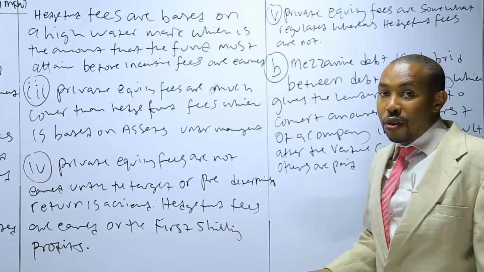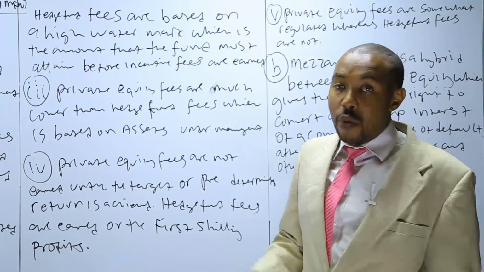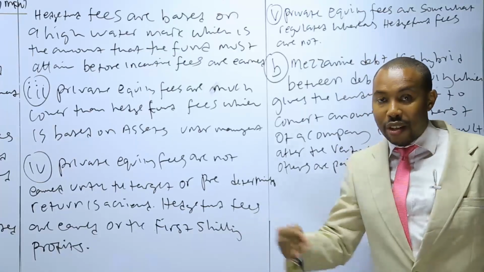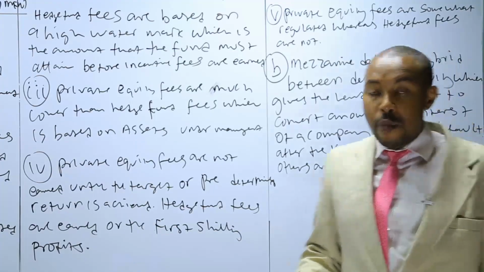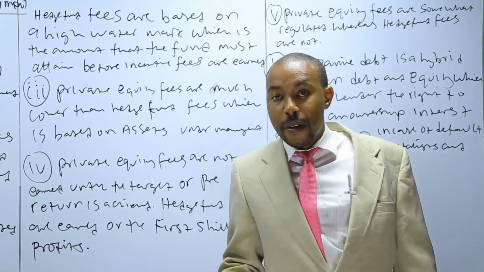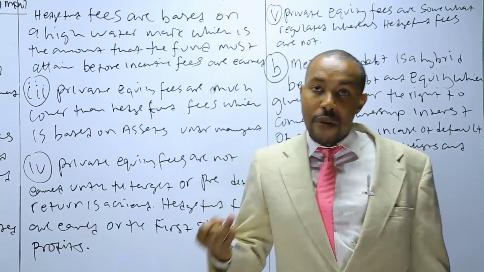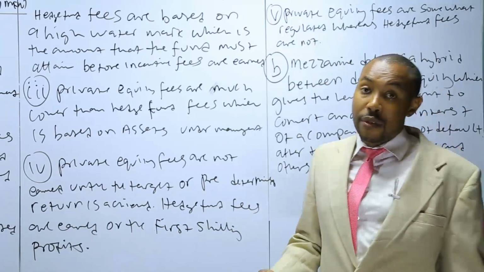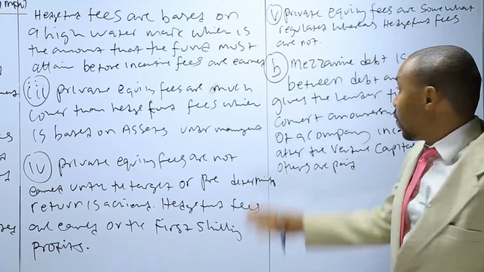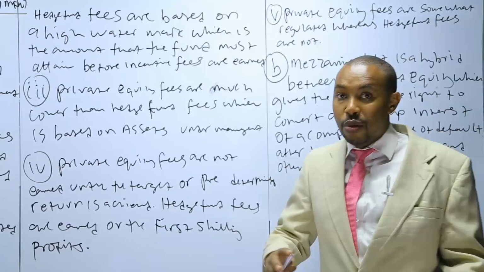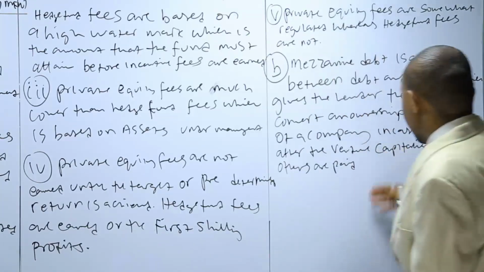Please look at the video for private equity, where we are actually trying to distinguish the categories of private equity investments. We've got the equity types of private equity investments. We have got the debt types of private equity investments, and the component of mezzanine debt, which is a hybrid between debt and equity right there.